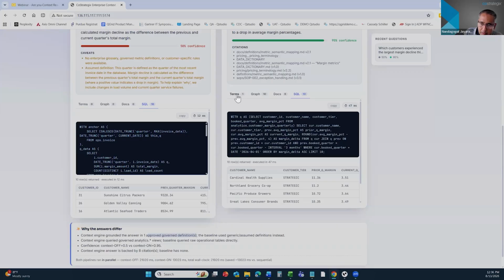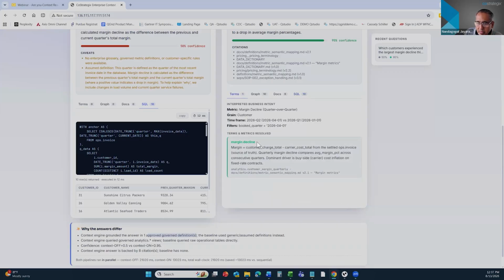The term it used was margin decline quarter over quarter. There's really a definition based on this customer's company standards: this is how we measure it. And so it applied that principle. And because of that, the records it fetched were completely different. You see how a human can understand that contextually, and they would have gone to the right data set by either writing a query or going to the right reports and whatnot. But in this case, with the context you end up one way, without the context, another way.